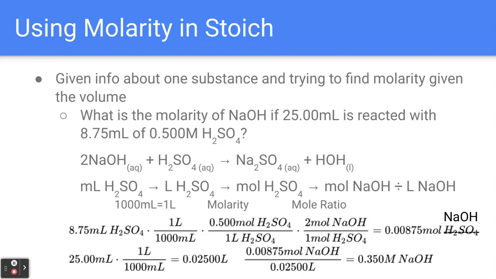We need to stop there. So once we have the moles of sodium hydroxide, divide it by the liters of sodium hydroxide to get our answer. So we're starting with that 8.75 milliliters of